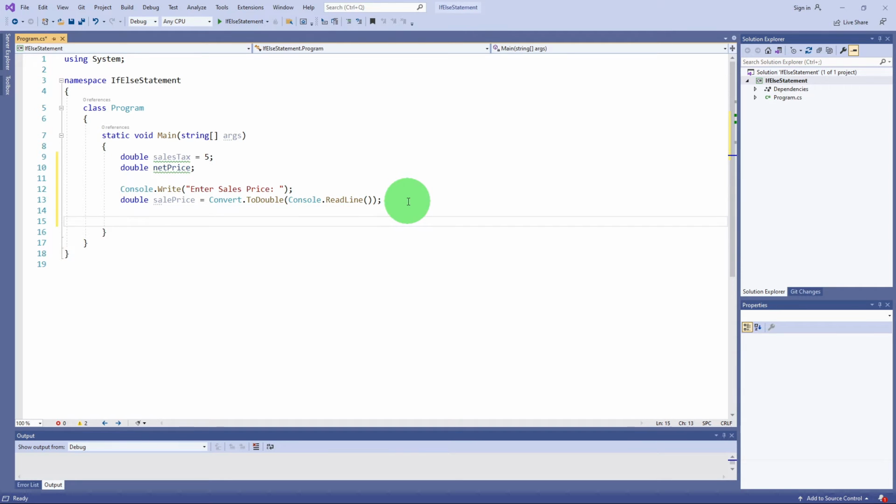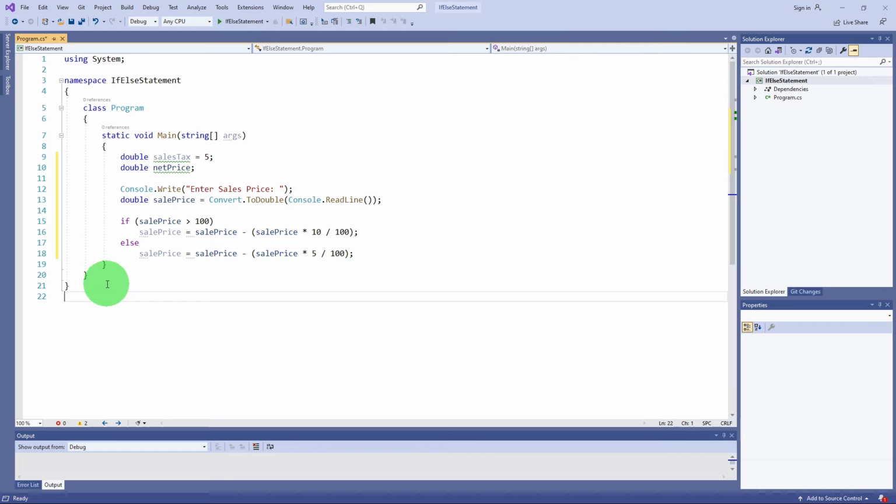So if we code the statement now, it would look like this. If, in the brackets, sale price is greater than 100, then we apply a discount of 10%. So this is sale price into 10 divided by 100, and that will be a 10% discount. Else it will apply a discount of 5%. Then we compute the net price after applying the sales tax, which will be the 5%, and we display the value on the console